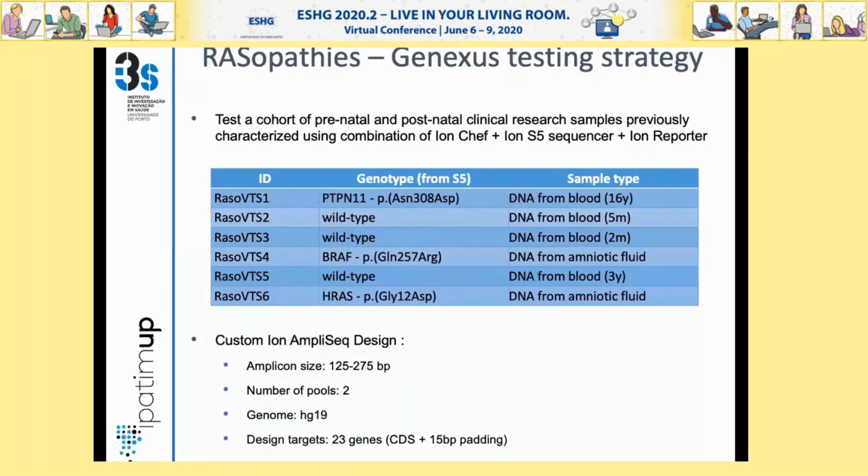What we did in this pilot study using the Genexus was to include 6 control samples. What I mean by control samples is samples that have been previously used for clinical research, so that we had complete genetic characterization of these samples. Within these 6 samples, we tested 3 that were positive,